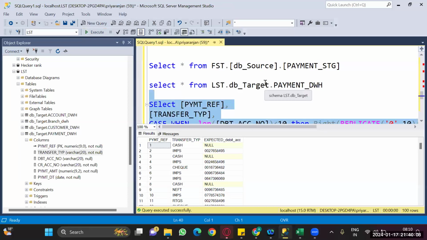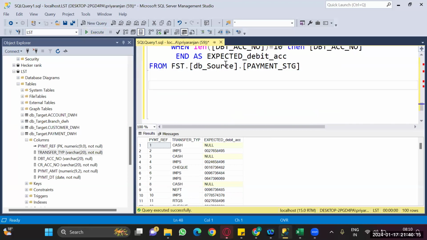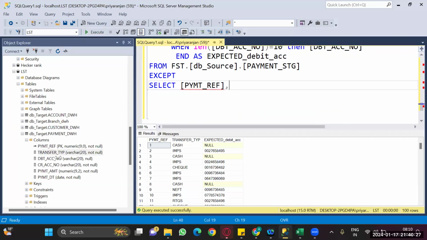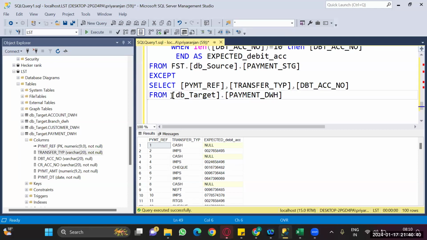Now we need to write for the target. So we got the expected things. Now I need to compare with the target data. So how will we achieve it? You can go with this except, taking the columns whichever we need for our comparison. We need payment reference, then transfer type, then debit account number from this table. Then you can do it with the target payment. So target payment is